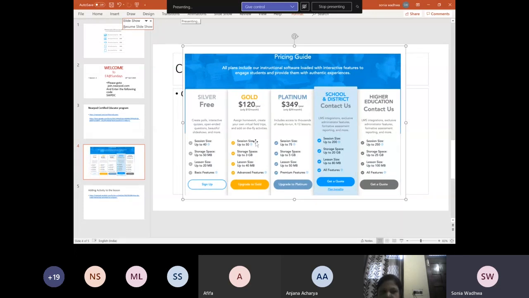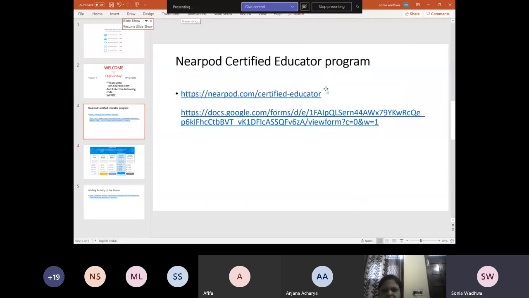To become a certified Nearpod educator, you just have to submit one lesson online and fill a form, for which the link is given here. If they feel that your work is good, and you are an educator who can leverage this resource, they will make you a Nearpod certified educator. They will give you a certificate and you will get the free Nearpod gold membership for 6 months. It means you will be able to bring in your own content to their portal.